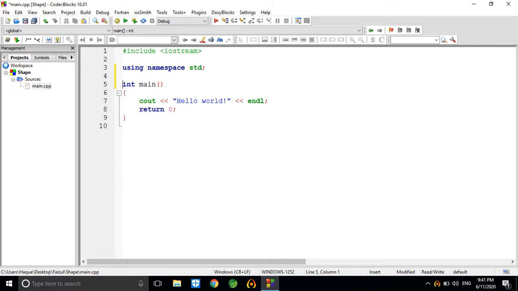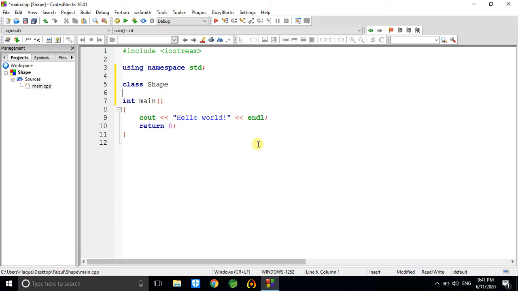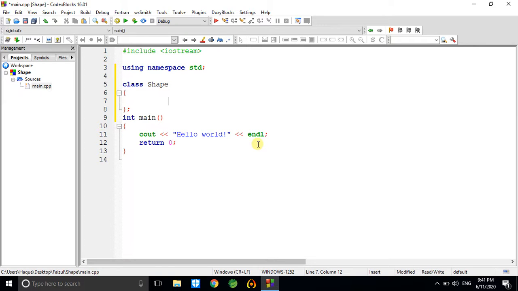So in this video we are going to see the practical example of a class called shape and rectangle, which we have seen in the previous lecture. Now you will see the practical view of that program. So for that, let us create the class called shape. Shape means what? Basically it can be rectangular shape, it can be circular shape, it can be cylindrical shape. So this shape can be anything.